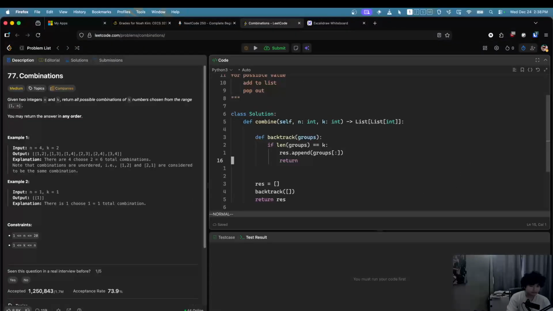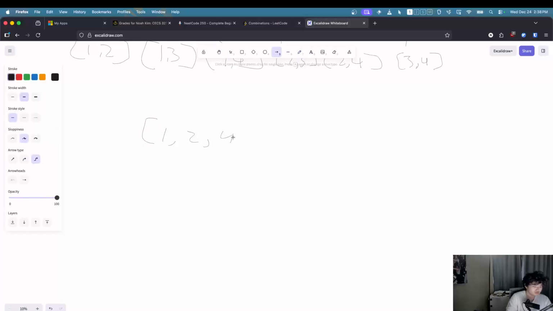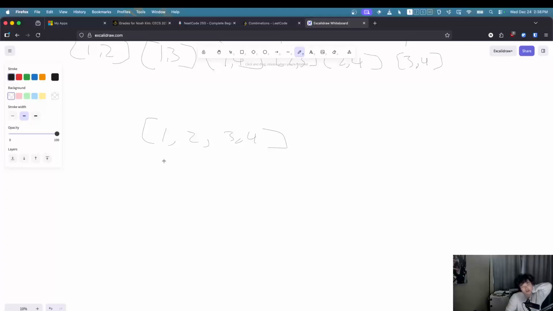So let me do this. I basically will do this. Maybe I can build a list of all the values like this. Maybe I can have 1, 2, 3, 4, right? So I know what values to add. 1, 2, 3, 4. Okay, what am I drawing? I have all the values 1, 2, 3, 4, and then